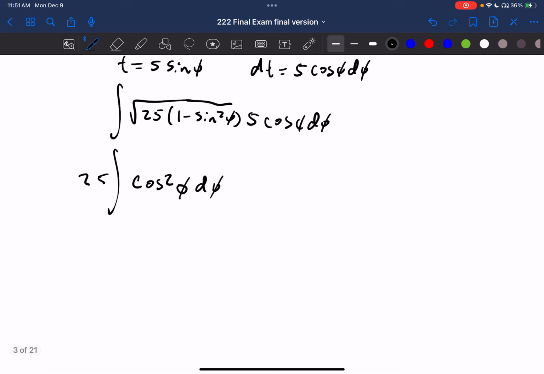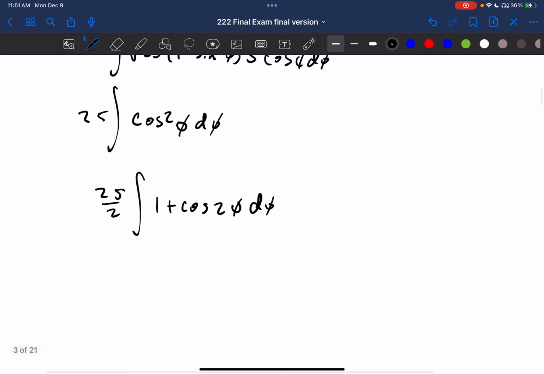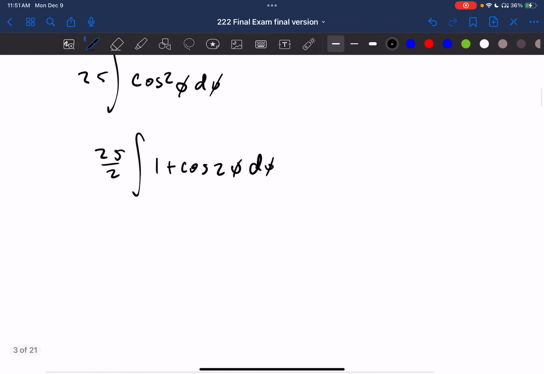Applying our trig identities, cosine squared theta will be equal to 1/2 of 1 plus cosine 2 theta, but you can bring that 1/2 in front, so it's going to be 25 divided by 2 times the integral of 1 plus cosine 2 theta d theta. Integrating this, we get 25 divided by 2 times theta plus our antiderivative of cosine, which is sine 2 theta divided by 2,